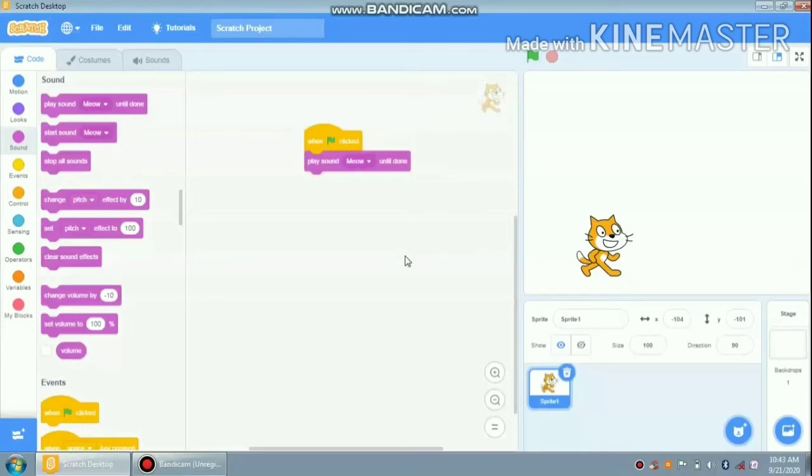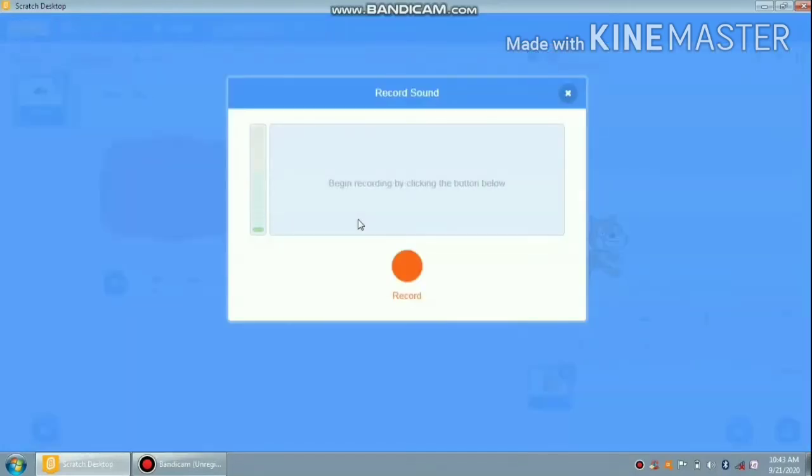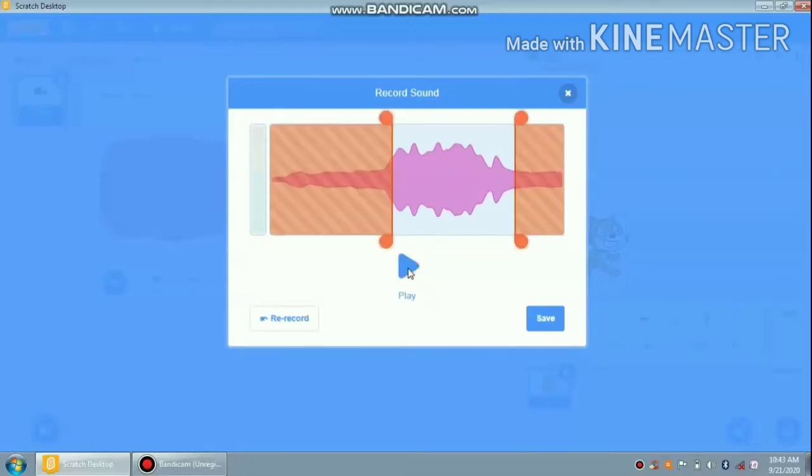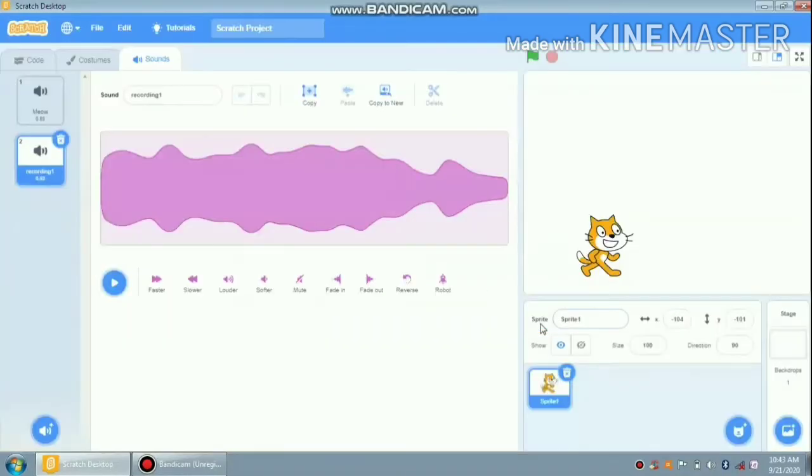You can also record your own sound. How? First you have to click on this drop down arrow. Now go to the record option. Now from this button you can record your sound. Okay, I am going to say hello world. Okay, hello world. Now save.